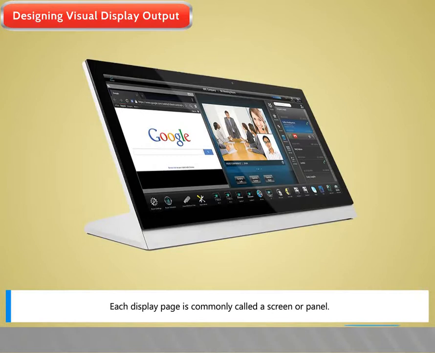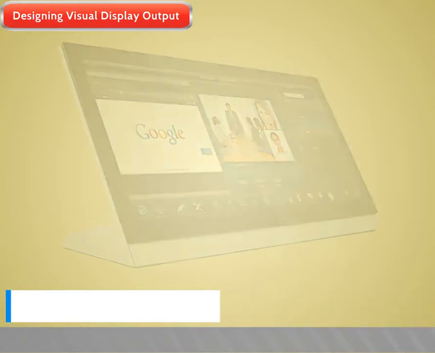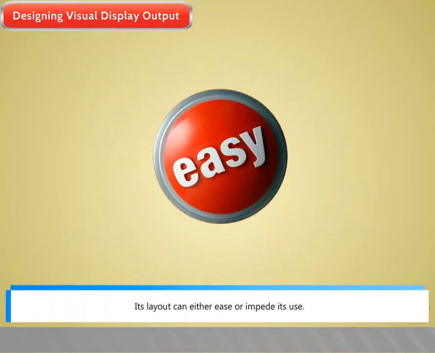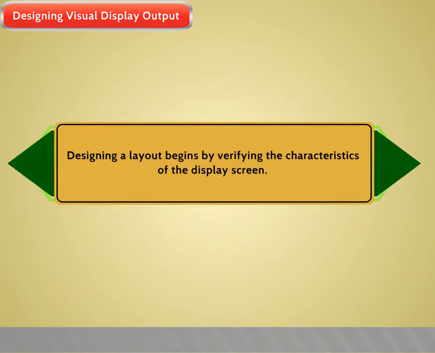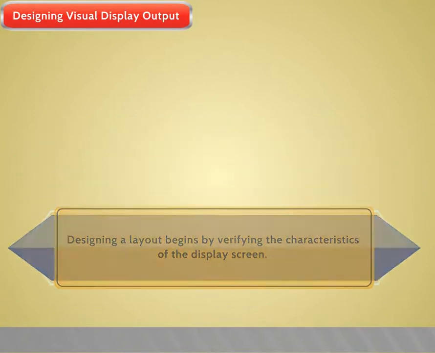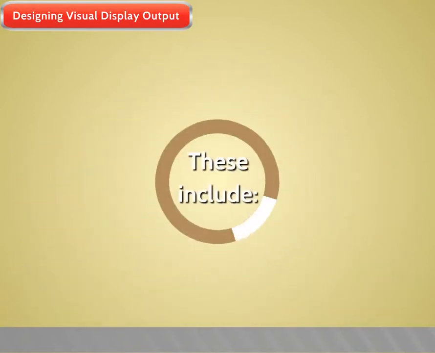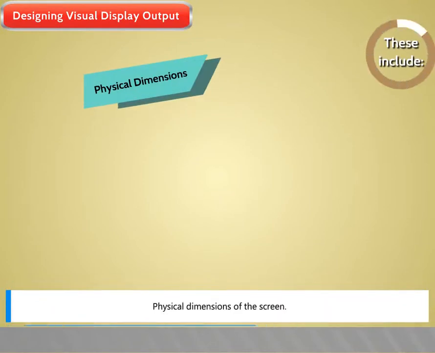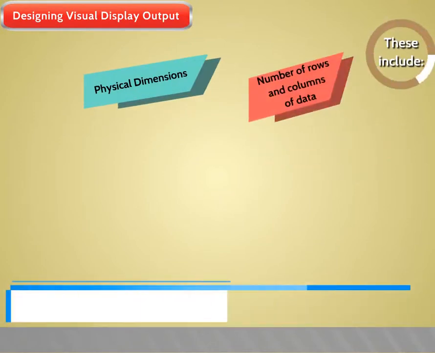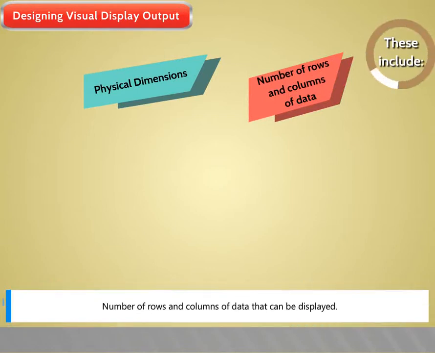Each display page is commonly called a screen or panel. Its layout can either ease or impede its use. Designing a layout begins by verifying the characteristics of the display screen. These include physical dimensions of the screen, number of rows and columns of data that can be displayed,